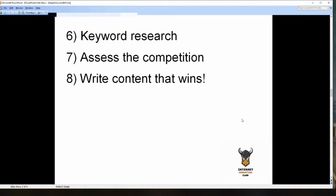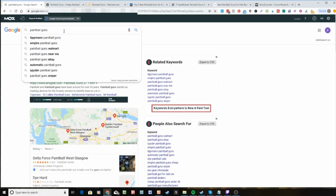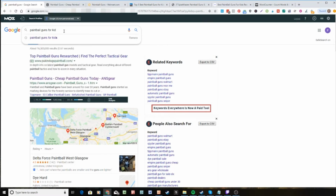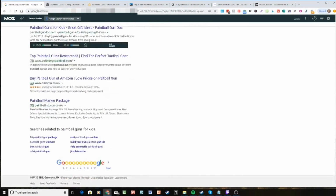If you've found a few related keywords during your keyword research, one of the things that you can do is to include those within your content. Another way of finding other things that you can add to your content, I'm just going to go back to Google for a second. If I type that in, and then if I go to the bottom of my search, you'll see at the bottom of the page